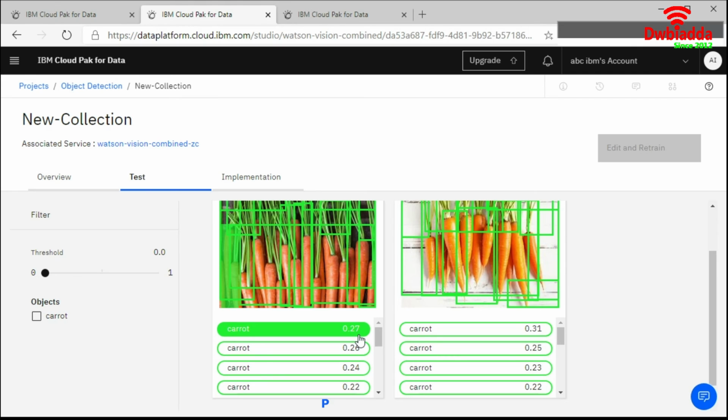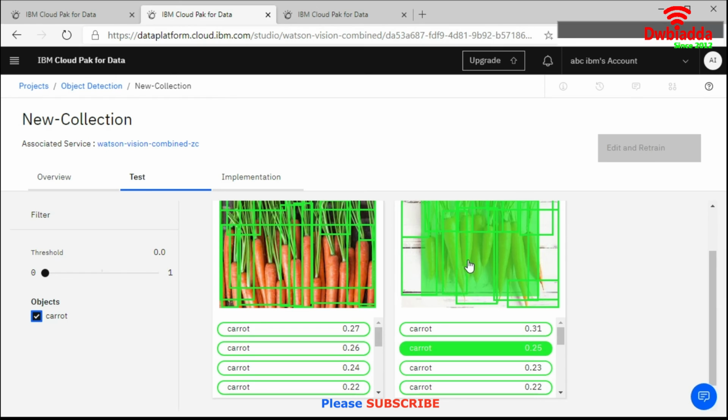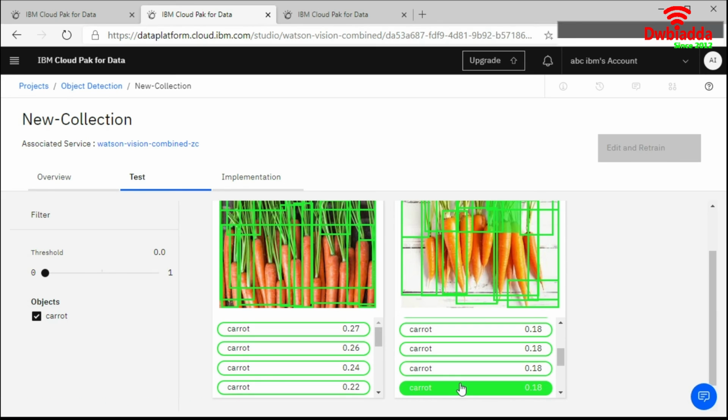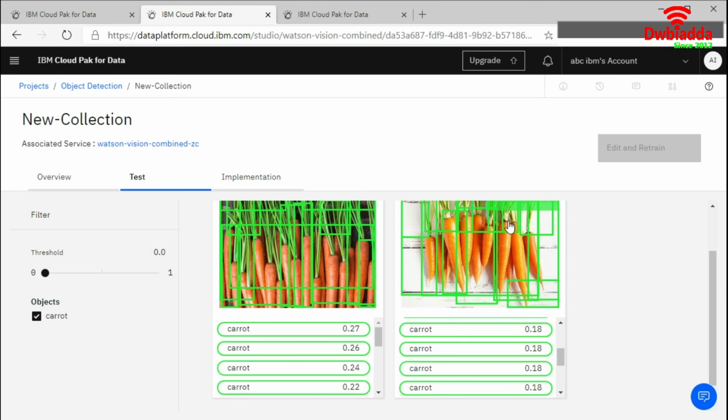It belongs to this class carat. If we choose this here, it says only this one area is below. This is 23, this is 18%, because it is not detecting this area, as it is showing it as smaller coordinates. So this way you can detect objects in the given image and build a model using IBM Watson Studio.